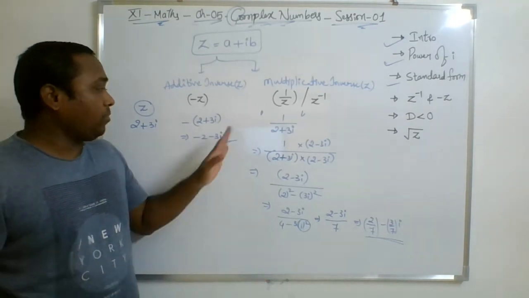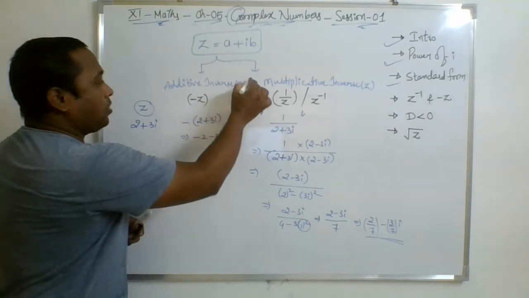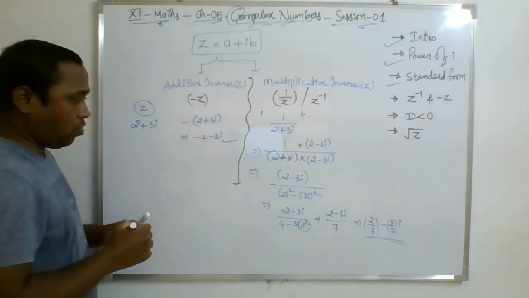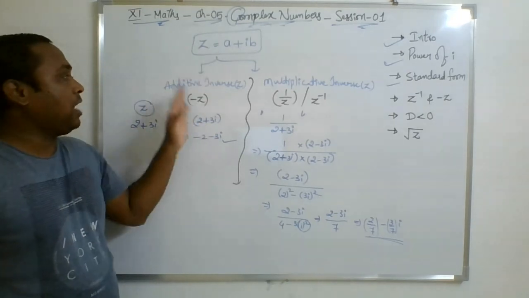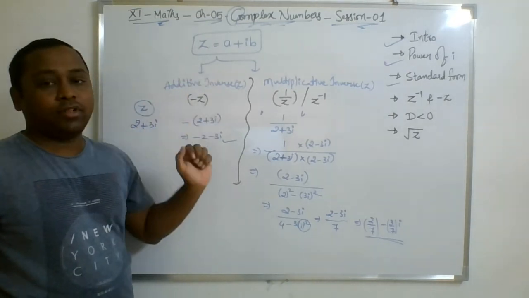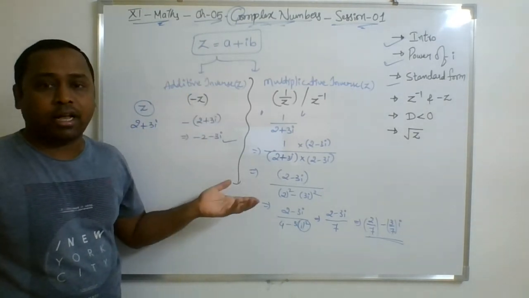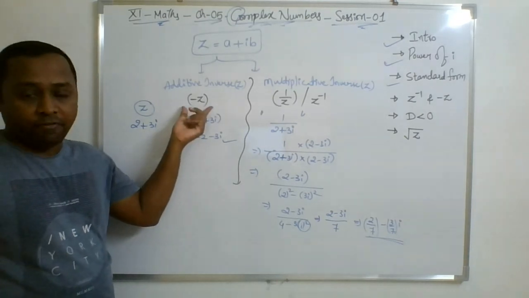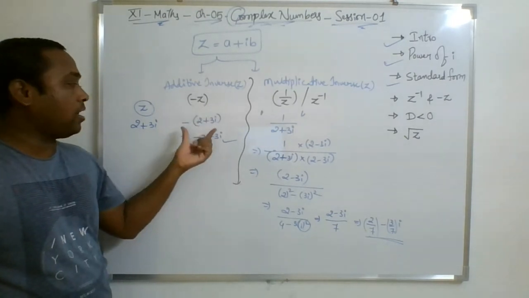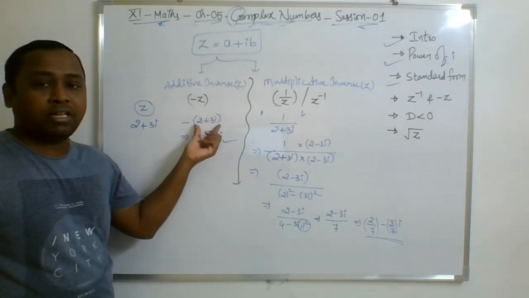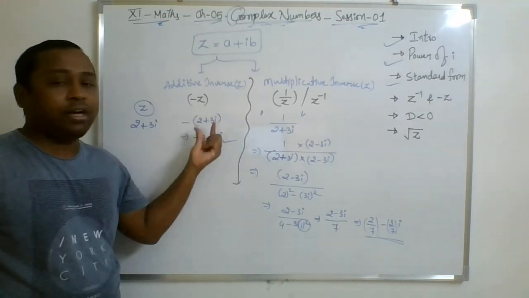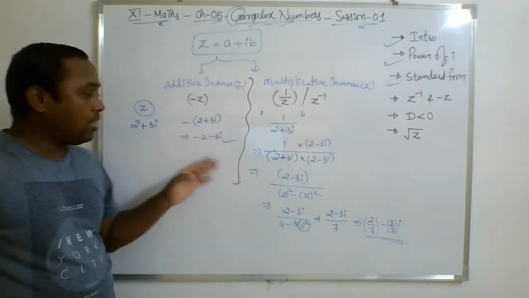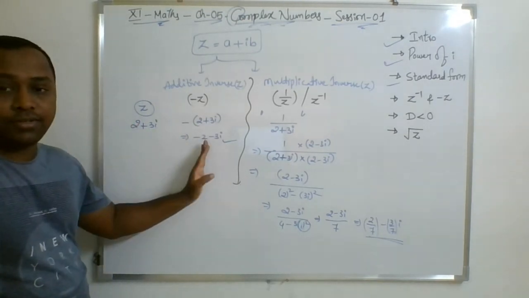So you can see what are the two questions they have framed. Only one complex number is given to you. They will ask: find the additive inverse. Additive inverse मतलब करना क्या हमें? Minus z value find करना है. Minus z means क्या करना है? Entire complex number को minus 1 से multiply करना है, यानी a और b का sign change हो जाएंगे. And these are called additive inverse.